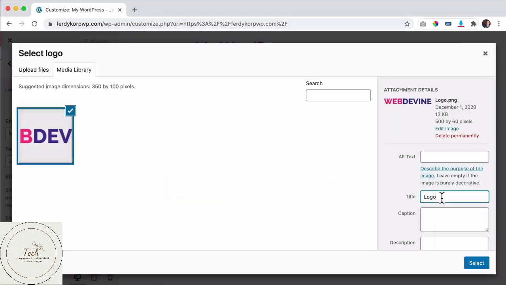And what I do with my images in order to optimize them, I copy the title, I remove all the dashes if there are dashes in the image, and I add it to the alt text. And then I select it,